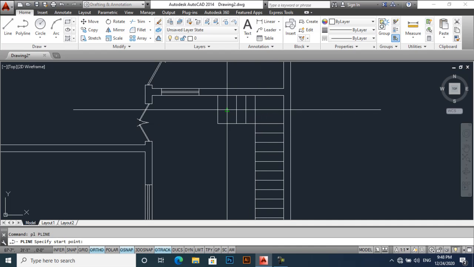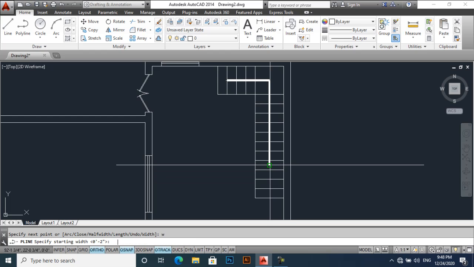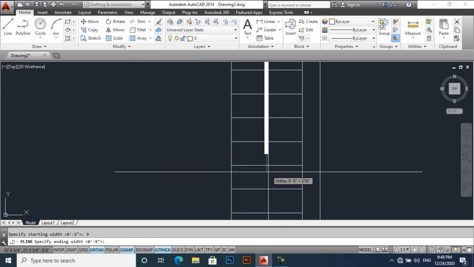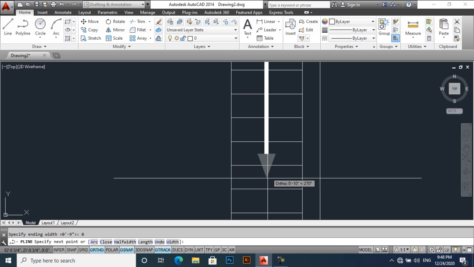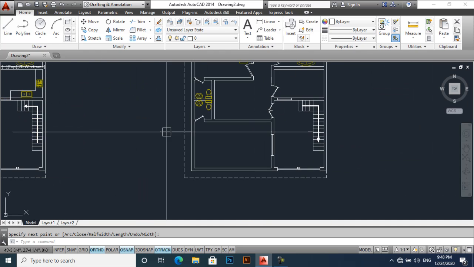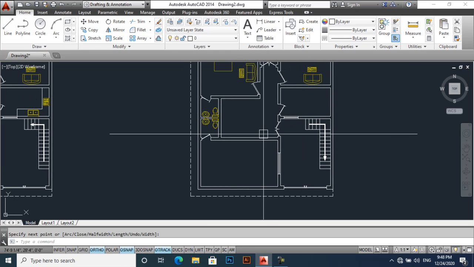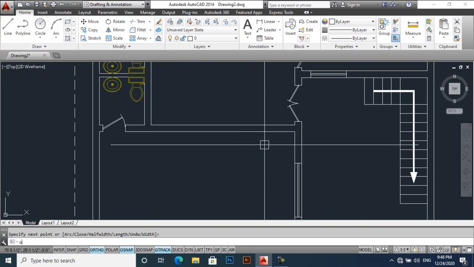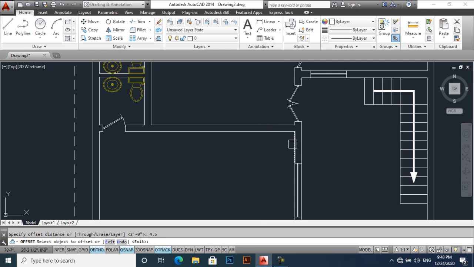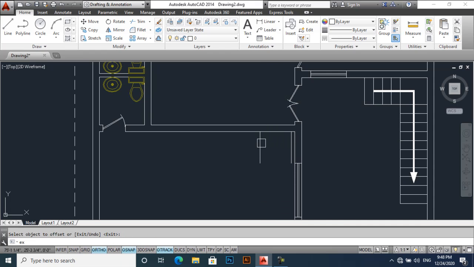Now I will draw a pulley line from this side, width 2 and 2, sorry, and will be 0, like this. So from the ground floor we are going upwards, and from the first floor we are going downwards. Now I will take an offset of 4.5 inches and again 42, extend it, trim it,